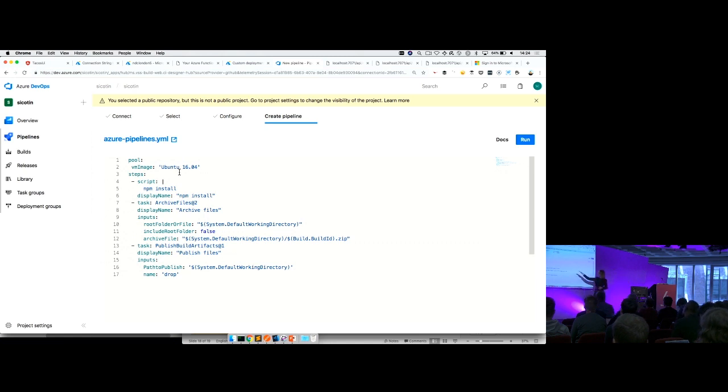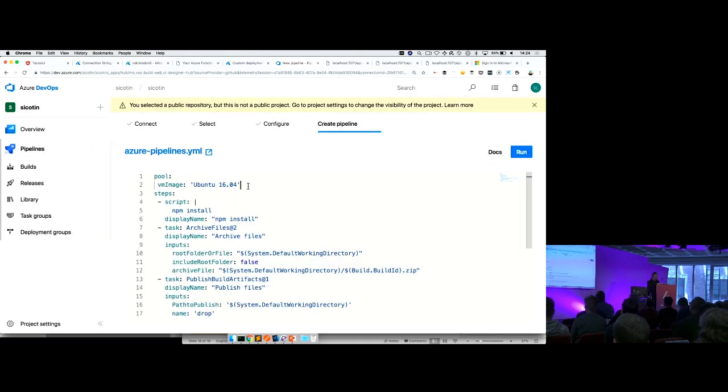So in this Azure pipelines YAML file, I define what kind of image I want to use to run my code, and then to run my build. I want to also run npm install. Remember, in our code, we depend on MongoDB. So we need to install that package. And then what I want to do is archive my code together with my packages.